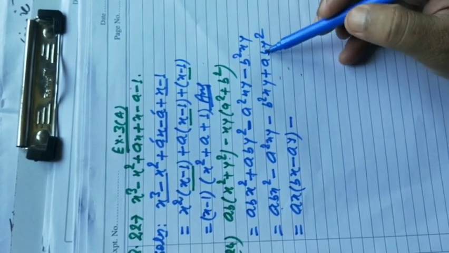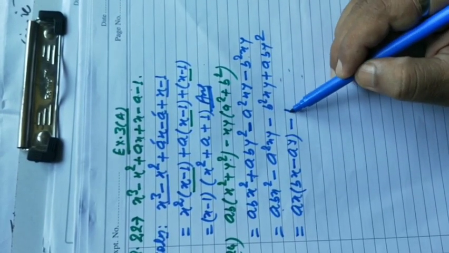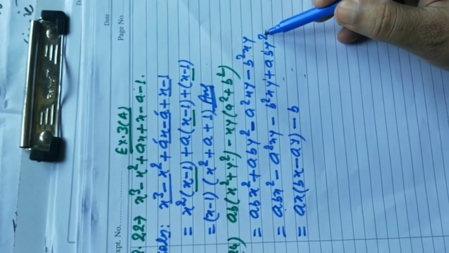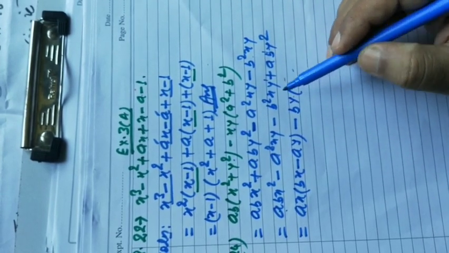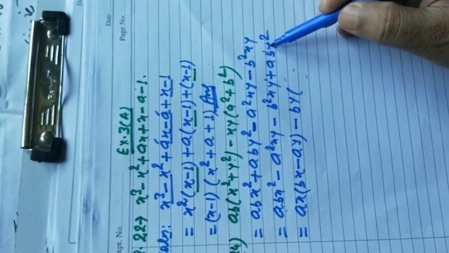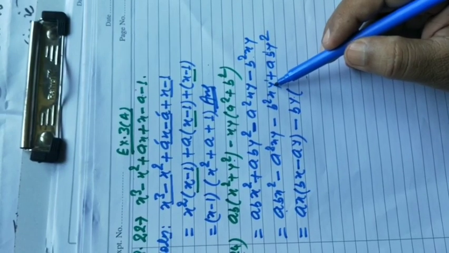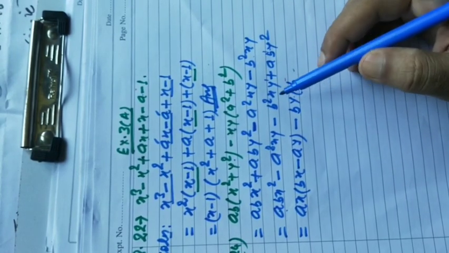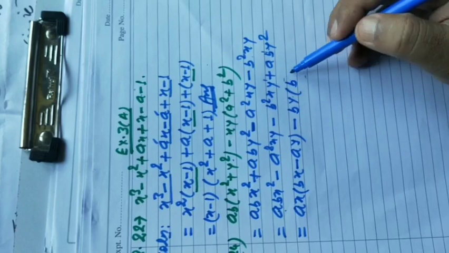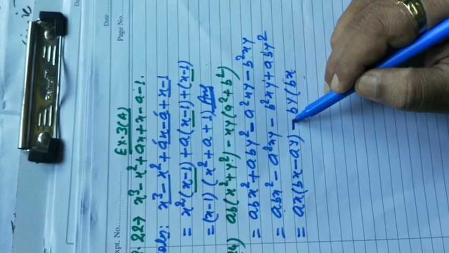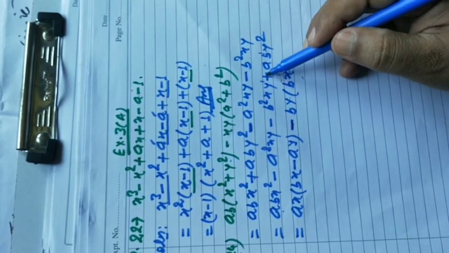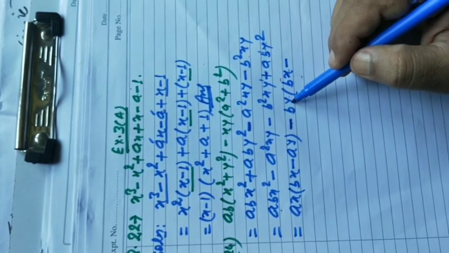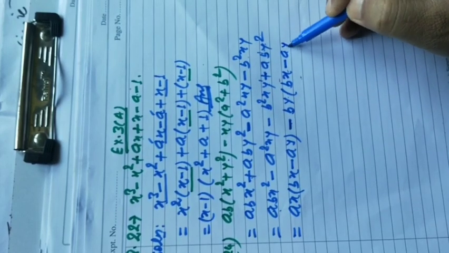Now in these two terms what is common? You can see b square is here and b is here, so b will be common, b power 1 will be common, lowest power will be common, and y power 1 is here and y power 2 is here, so y power 1, that is y, will be common. So we have taken by common in these two terms. So when we take by common, then when we divide b square by b, b will be left, and when we divide y by y we get 1, and x is not common, so this x will remain as it is. Then there is minus here, so when there is a minus sign, multiply with the sign, minus multiplied by plus will be minus, and this b will cancel by this b, and y squared will cancel by y in y terms, so a will be left and y will be left.